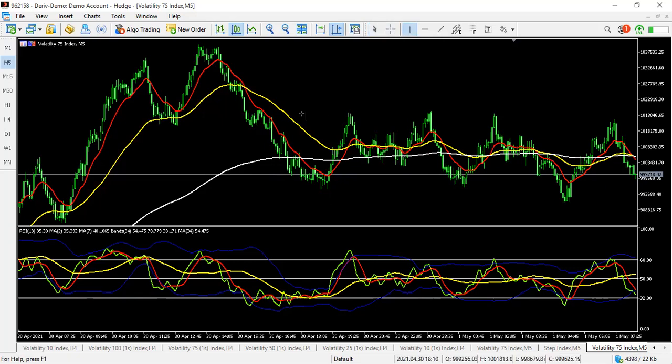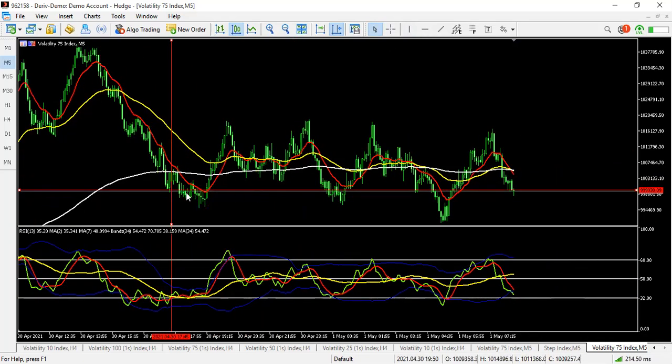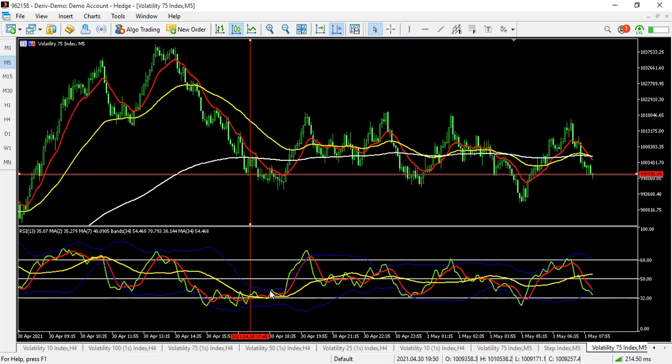You can see it crossed it right here, so your entry would have been here. Then you see the market, you can see though it was consolidating, but you would have still made a lot of profit because you can actually